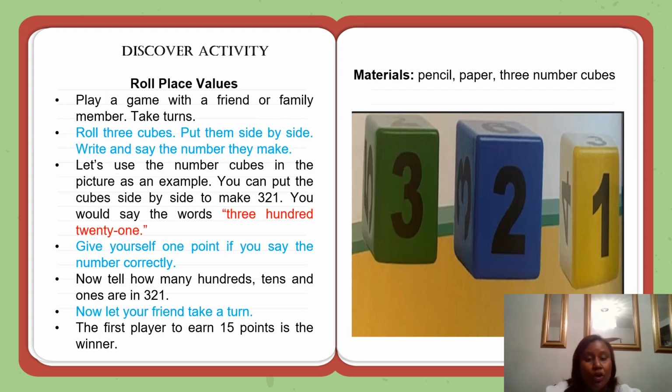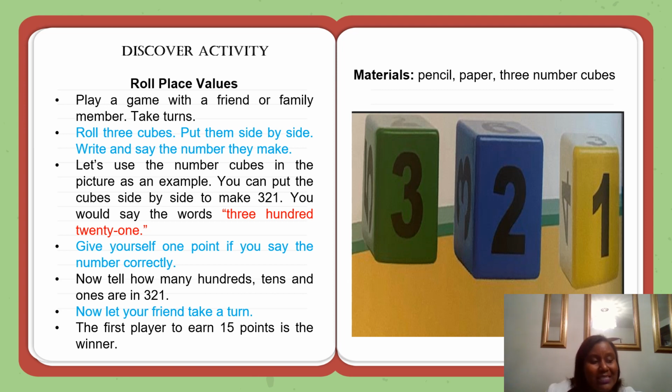Discover activity. Roll place values. Play a game with a friend or with family members. Take turns. Roll 3 number cubes. Put them side by side. Write and say the number they make. Let's use the number cubes in the picture as an example. You can put the cubes side by side to make the number